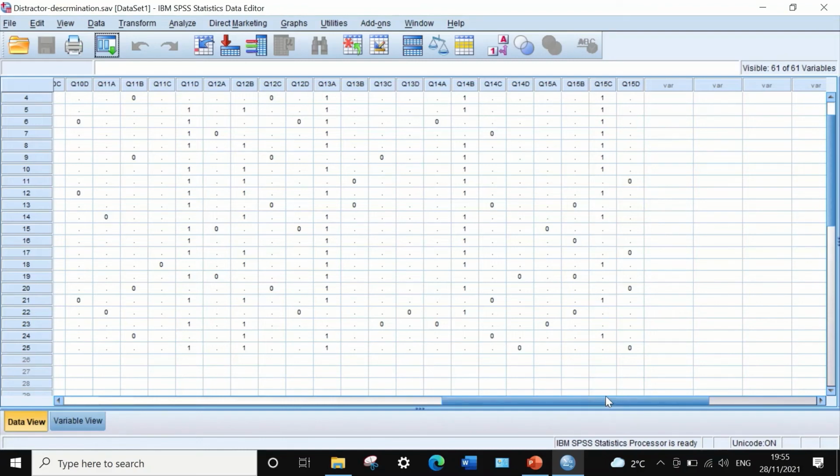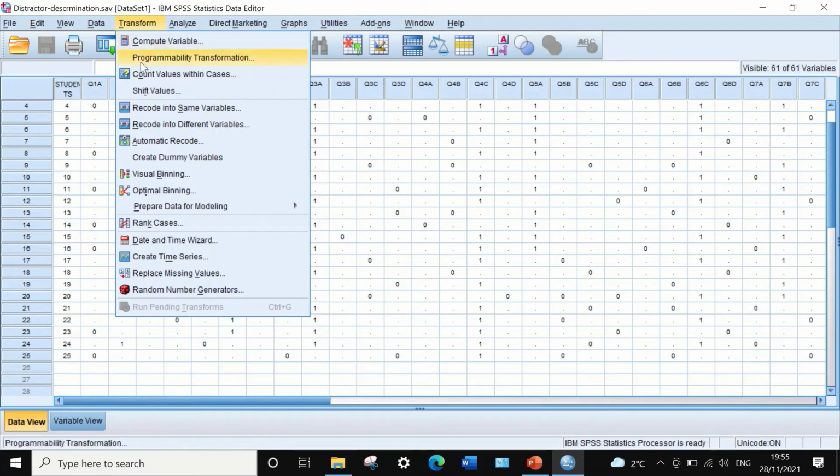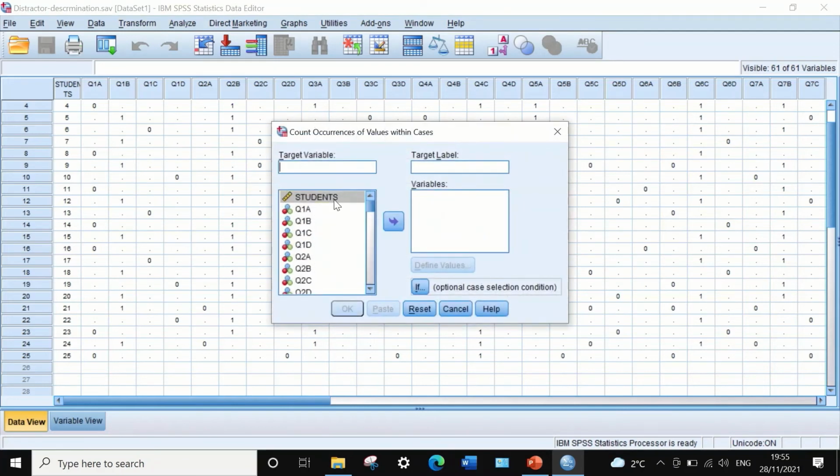To do that, click on transform and then select count values within cases, and I'm going to generate a target variable calling it total score,